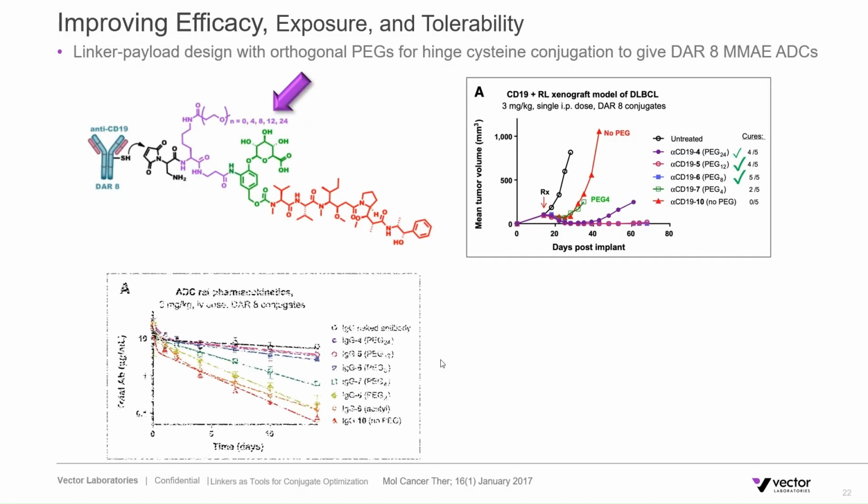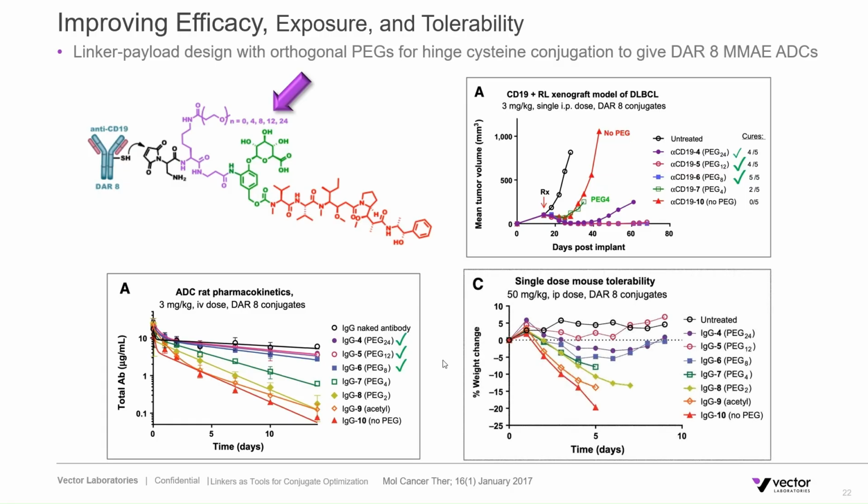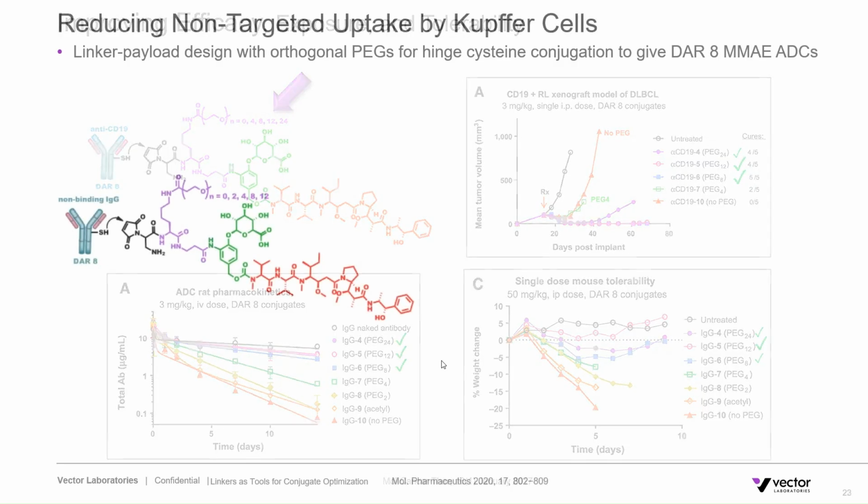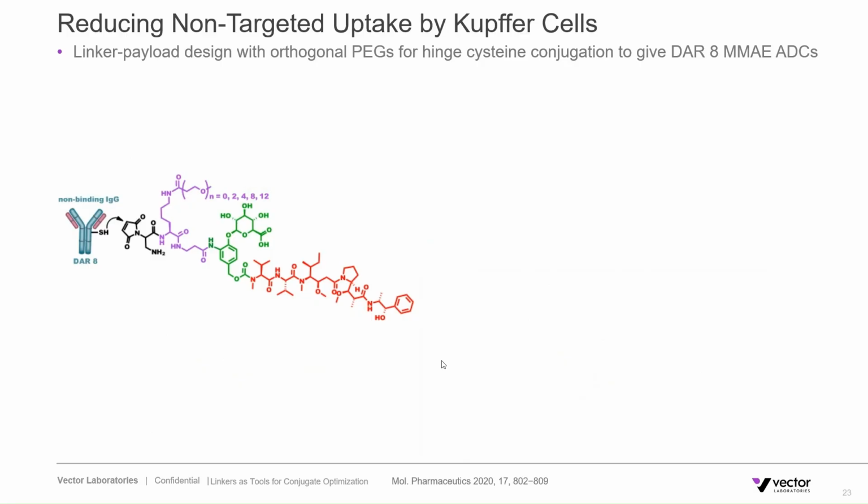This trend was reflected in the PK studies, and conjugates with the 8, 12, and 24 had PK profiles that were similar to vehicle. This was also reflected in tolerability studies, and the ADCs with the 8, 12, and 24 were tolerated similar to vehicle, with the PEG 12 appearing to be slightly superior. So this is a nice example showing that orthogonal PEG modifier can be optimized to provide the best balance of efficacy, PK, and tolerability. In another follow-up study, digging into the mechanisms of what's going on here, it was demonstrated